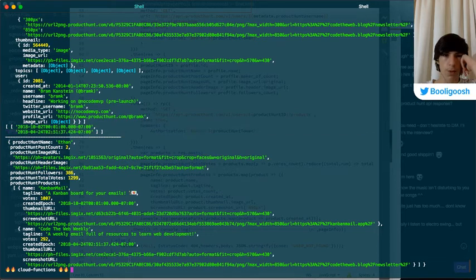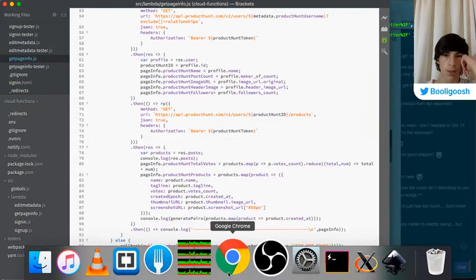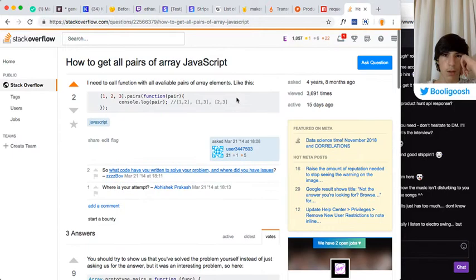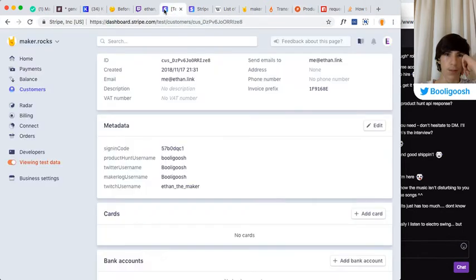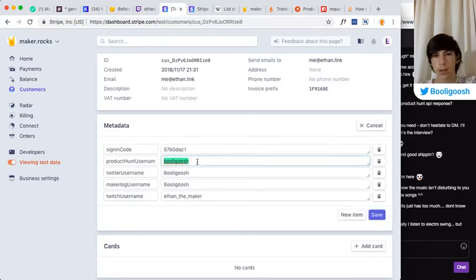Okay, you know what? For a sec, I'm going to go to someone who's made a lot of products. In fact, let's go like Peter Levels, because he's cool. So let's pretend that my Product Hunt username is suddenly Levels.io.